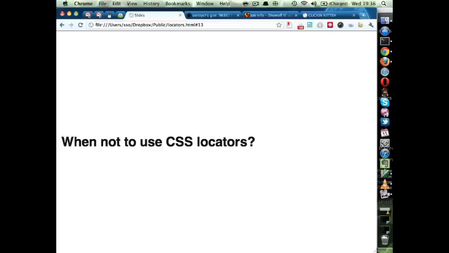Now, when not to use CSS locators. I've been in situations in which people come and say, hey, CSS sucks. I used it for a while, it was awesome, and then when I tried to find this element I always find with XPath, I just couldn't find the way to do it. I spent a month trying to build a locator, Googling, going to Stack Overflow. No one managed to help me. And that's because CSS